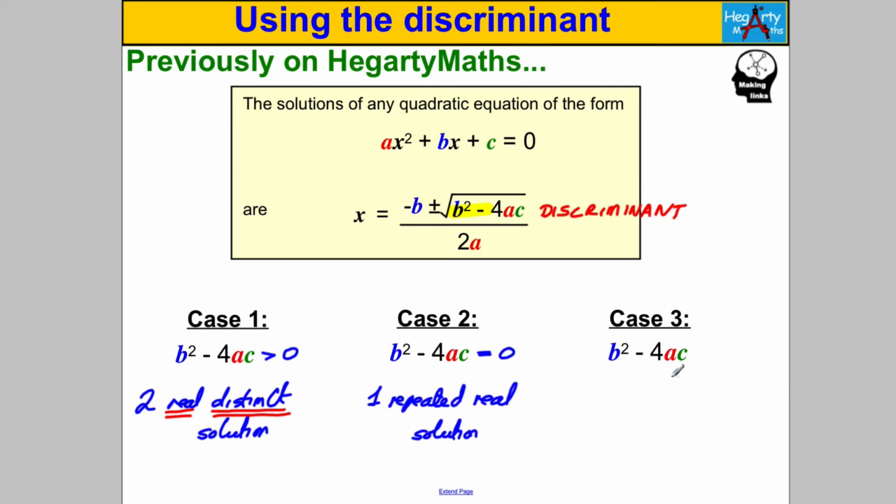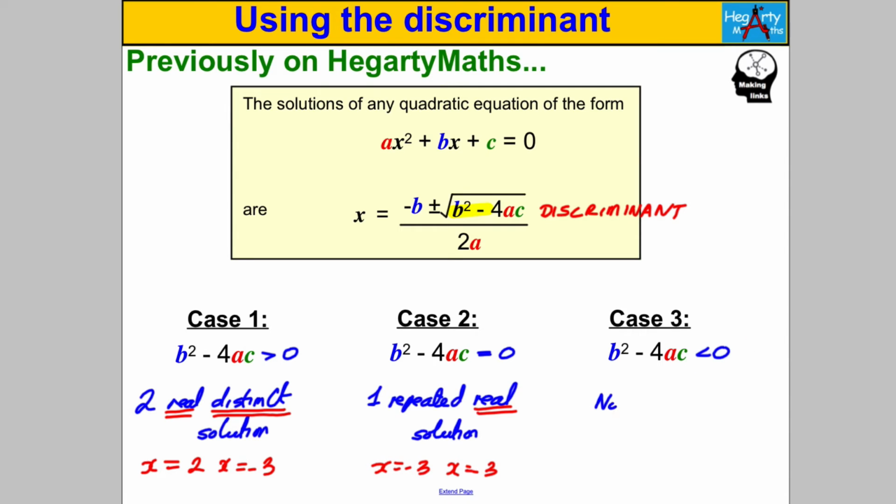So I do get two solutions, but they're both the same number. In the other case, I got x is negative 3, I think, and x is negative 3. Real means they're on the number line. Repeated means they're the same answer. Distinct, in the other case, would be something like x is 2 and x is negative 3. They'd be different. And the last case, when the discriminant was less than 0, a negative number,